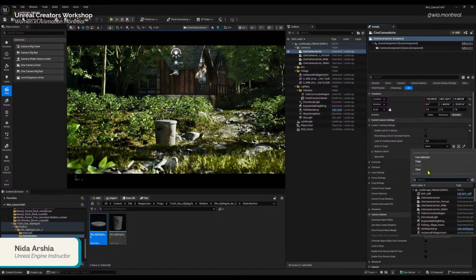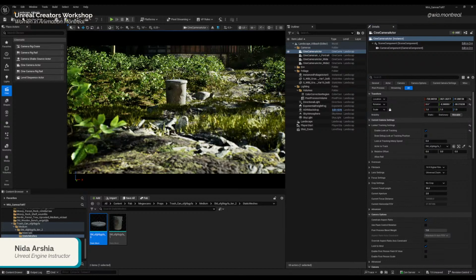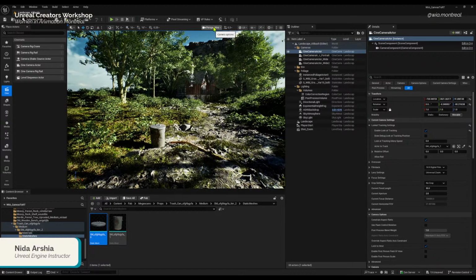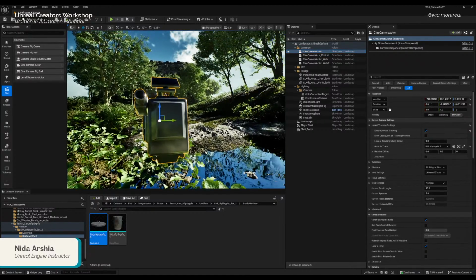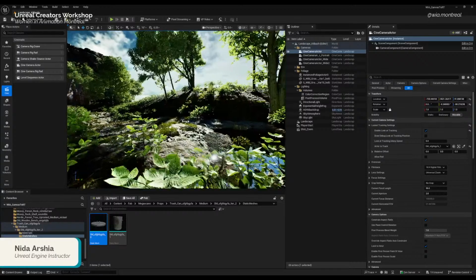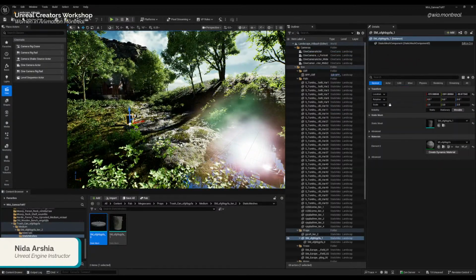We have this drop down available, which has all the assets in the outliner, or we can use this picker and directly select the actor that we want. Now, if we get out of this mode and look at this camera from outside, you can see that it is now pointing towards the trash can.